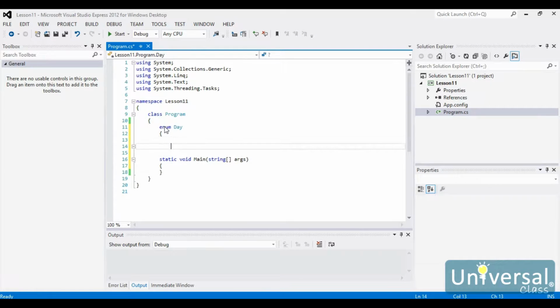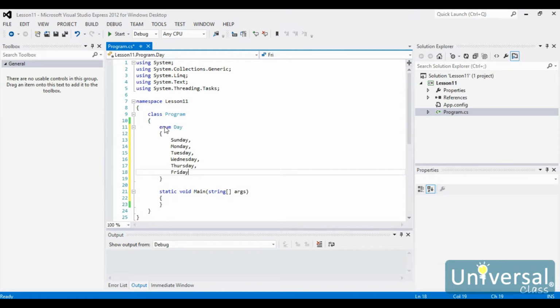All right, so my enumeration is going to contain Sunday, hopefully spell it right, Monday, Tuesday, Wednesday, Thursday, Friday, and Saturday. All right, now the thing that you need to understand is that an enumeration starts with the